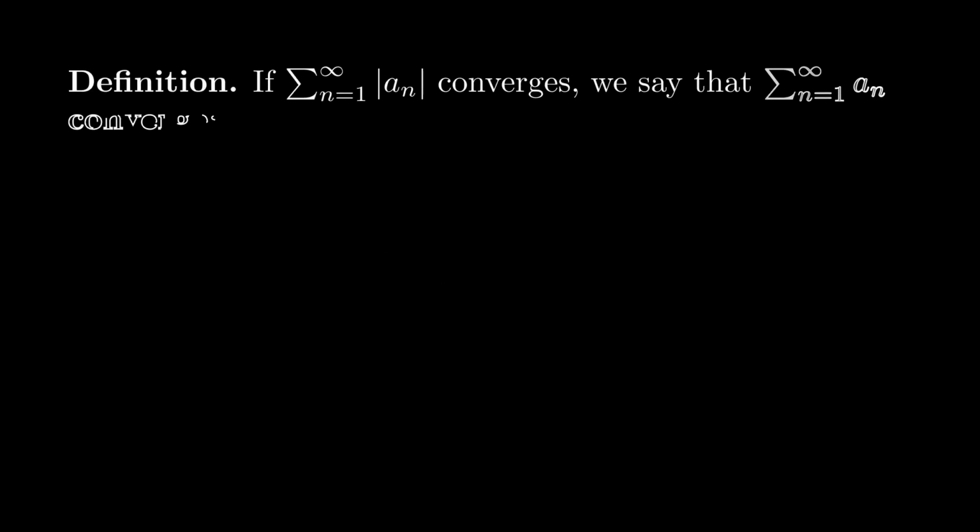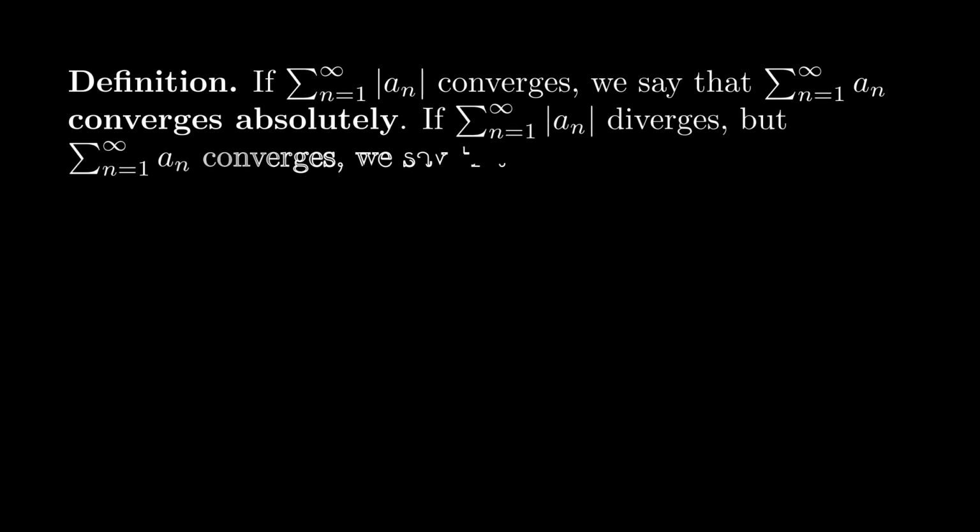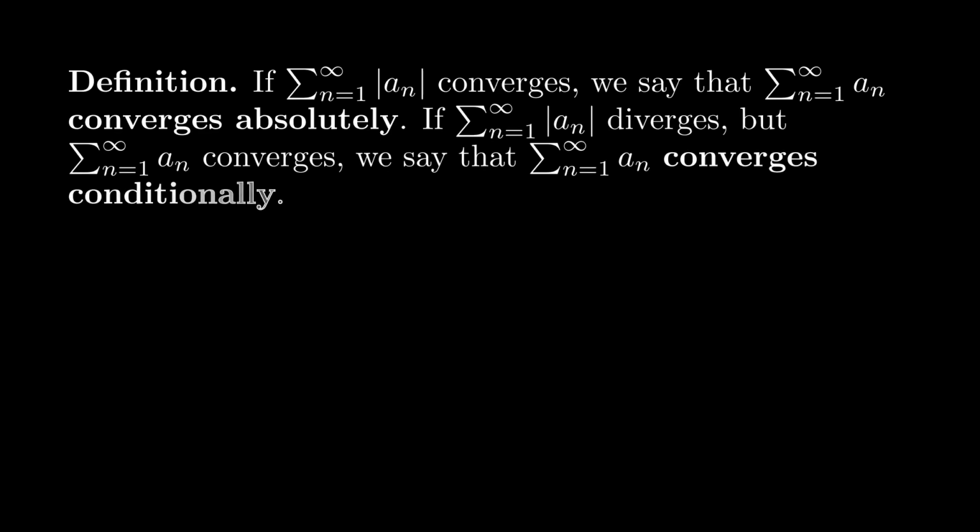In this video, we'll discuss rearrangements of infinite series. To set the stage, we'll start with a few definitions. If the series of absolute values of a sub n converges, then we say that the series a sub n converges absolutely. And if the series of absolute values diverges, but the normal series still converges, then we say that